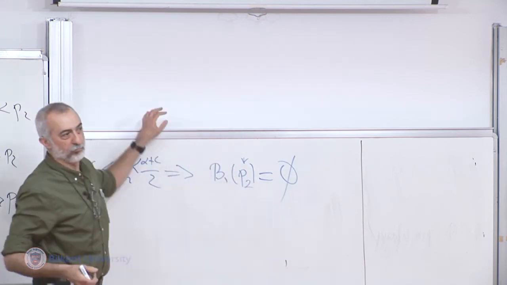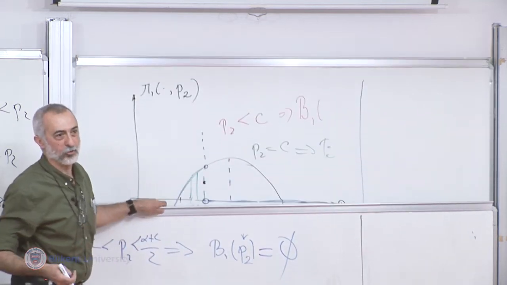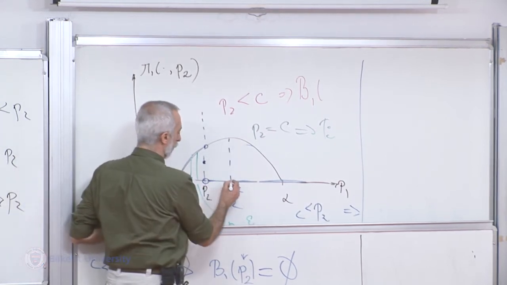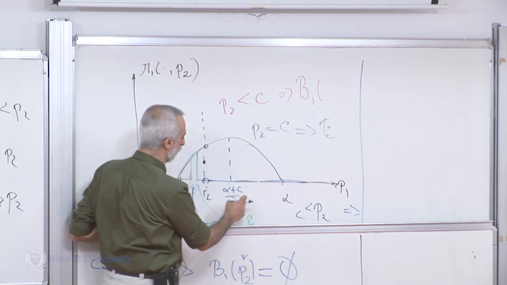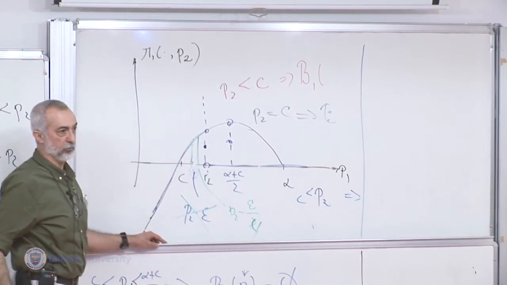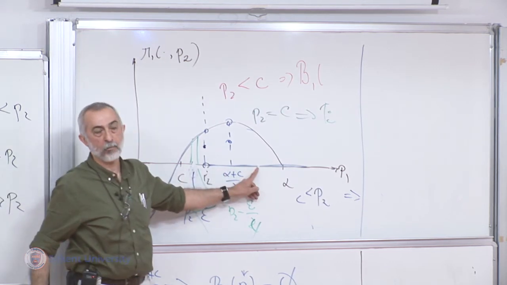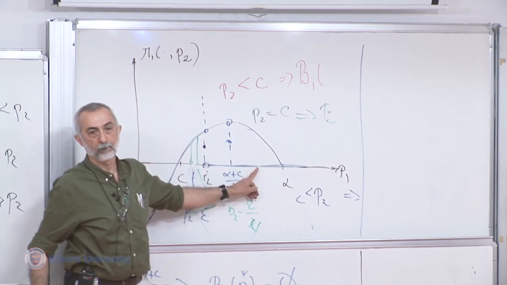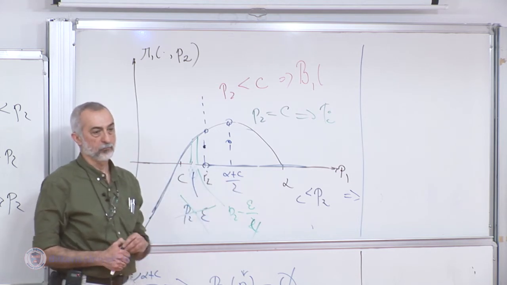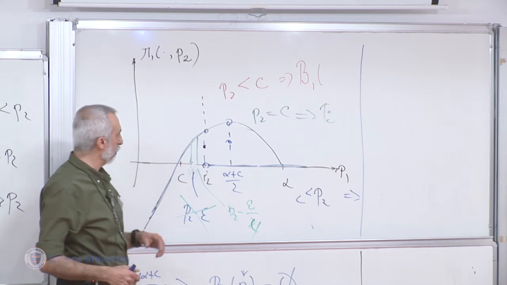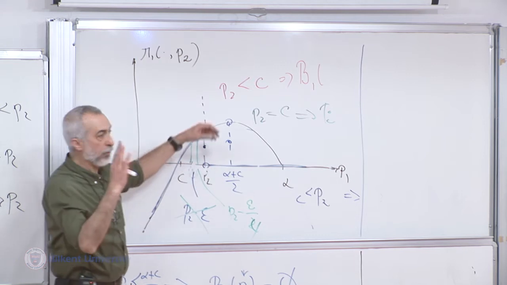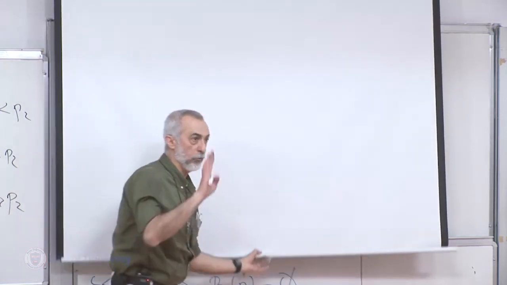Which is a first. Up to now, we always had best responses, right? And actually, this will continue until, well, even if P2 is equal to alpha plus C over 2, we would have the same problem, so we could put equality here. Now, if we pass that point, what happens? Alpha plus C over 2 will become the maximizer. So far, so good? Again, so 1, 2, 3, 4 frames, okay, 4 pictures